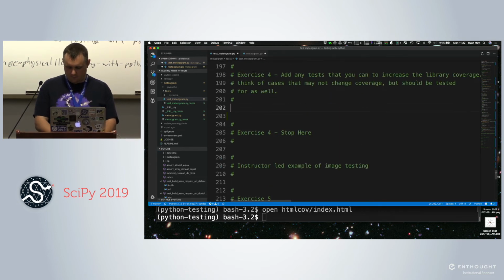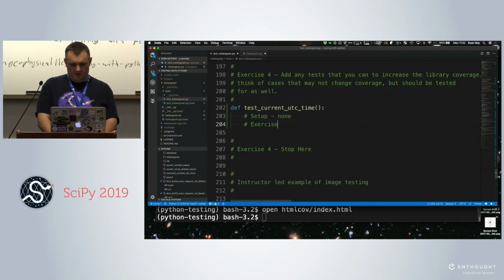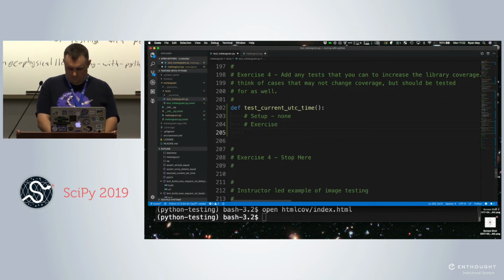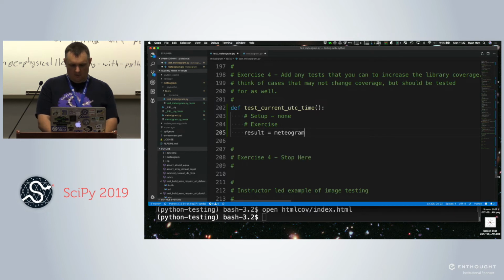So, test current UTC time. Setup: none. Exercise: result equals meteogram.current_utc_time.